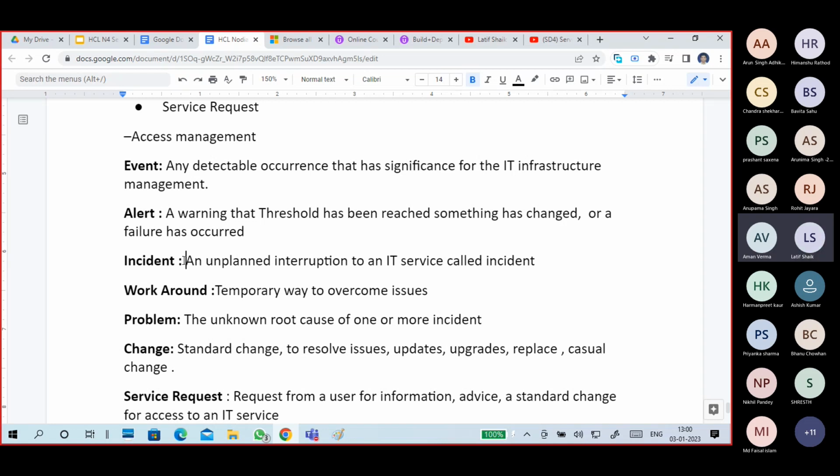Suddenly a tire puncture. Interruption, right? Tire puncture, an incident has happened. Then what will you do? You'll go to the nearest repairing shop. You don't go to the showroom, right? You go to any nearest repairing shop, or at least the air filling station, right? If there is any petrol bunk, go and put air in the tube, and you can go a little longer, right? So then you may resolve it.